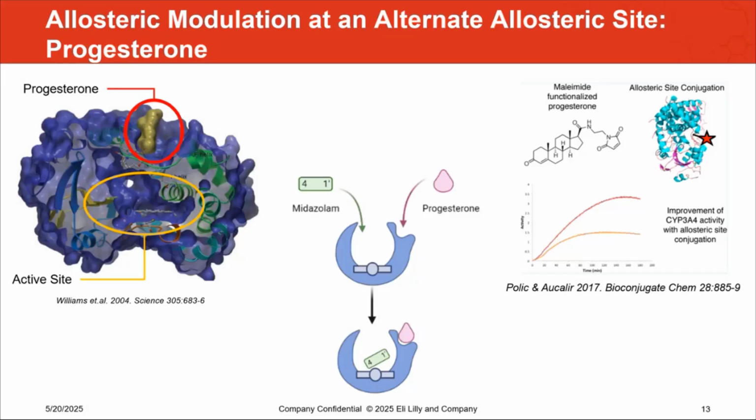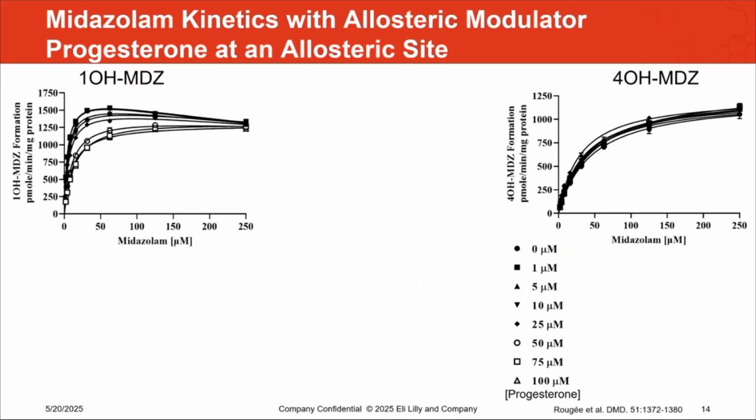Now, this work was done in lipid nanoparticles or recombinant enzymes, and not the typical subcellular fraction of human liver microsomes that we use when we're doing our translational work. And so the question was, what happens if we do the midazolam kinetics in the presence of the allosteric modulator progesterone? Much like we did with ketoconazole, we repeat that experiment with different concentrations of progesterone instead of ketoconazole. And what we saw